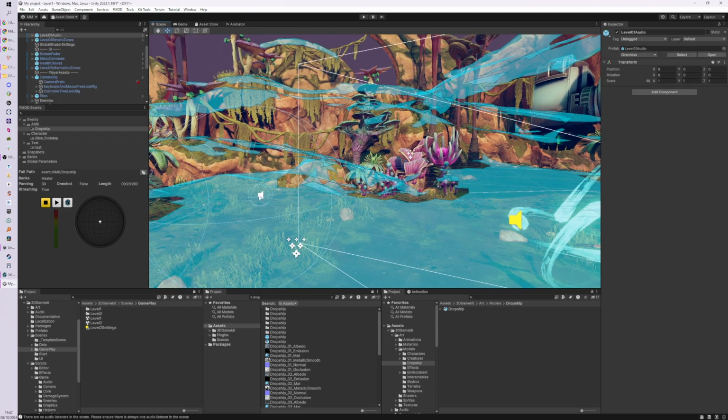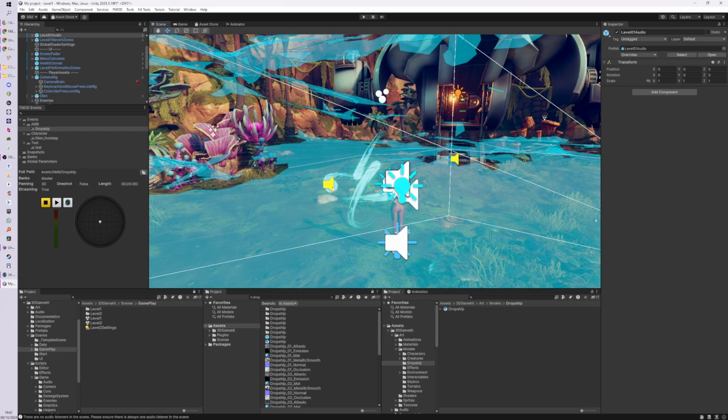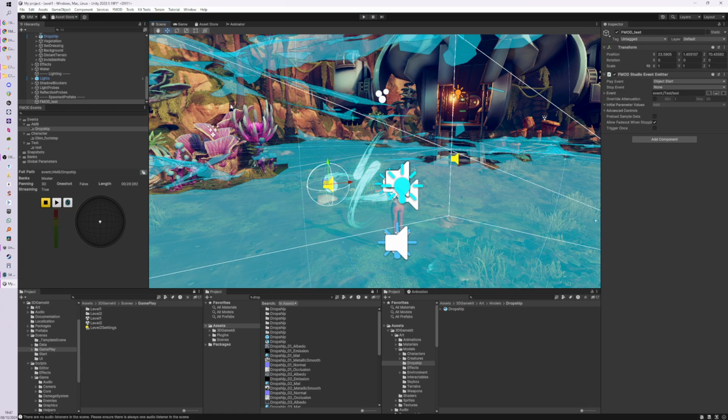I think these are the original audio assets and reverb zones and stuff like that. That's how they've got some assets there. So we can leave those there because we might reference them. But our FMOD ones are yellow, so it's even easier to see. Anyway, now it should play